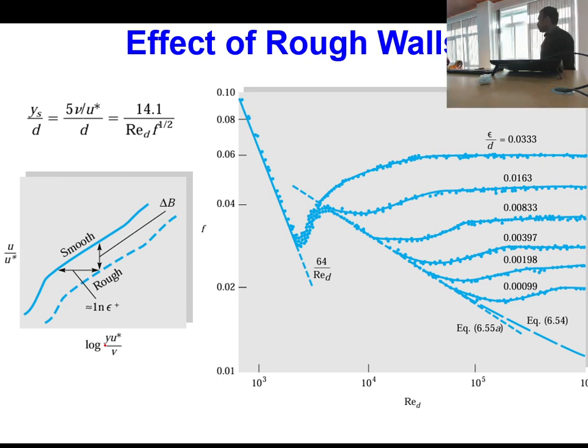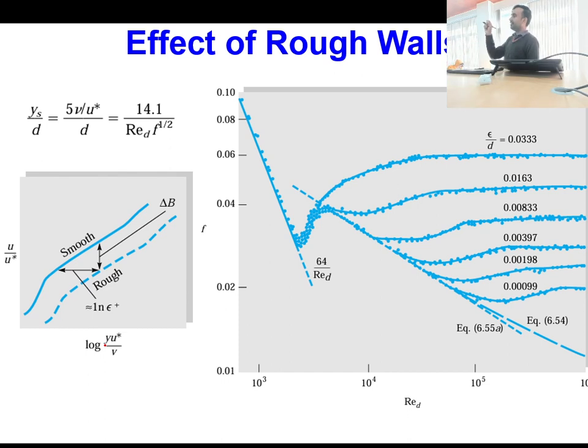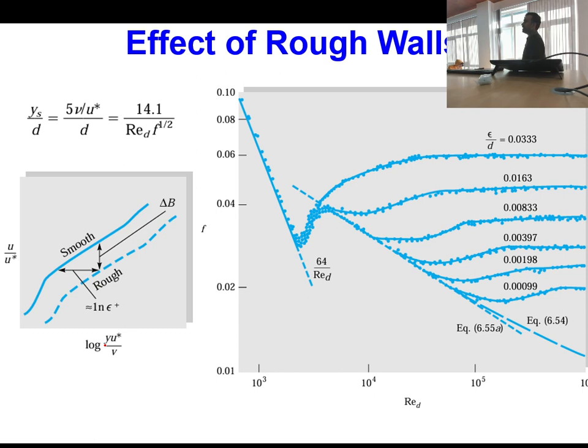What Nikuradse did was take grains of sand particles of different roughness and glue them on the inner surface of the pipe. Then he performed different experiments under both laminar and turbulent flow conditions in order to determine the values of